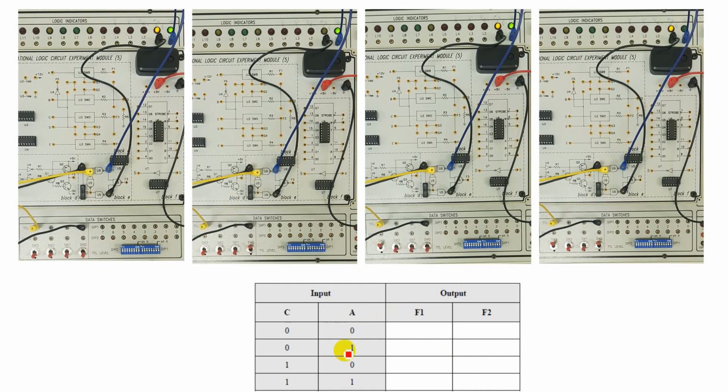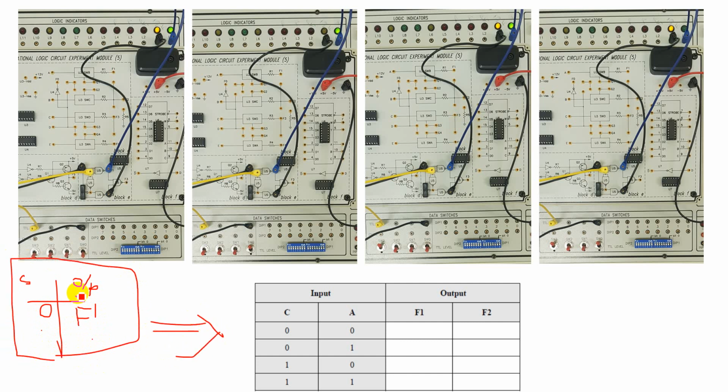You need to decide yourself based on this which one is your selection input line and which one is your data input line, and then based on that you can simply make it: this is my selection line and this is my data distribution output. So when the selection line is 0, my input is distributed to, for example, F1 or F2, whatever. I'm just giving the example, and so on. You need to make it like this, depending upon the results. Again, these are not the answers, I just give you one example. Instead of S, you need to write A as the selection input or C, whichever you decide.